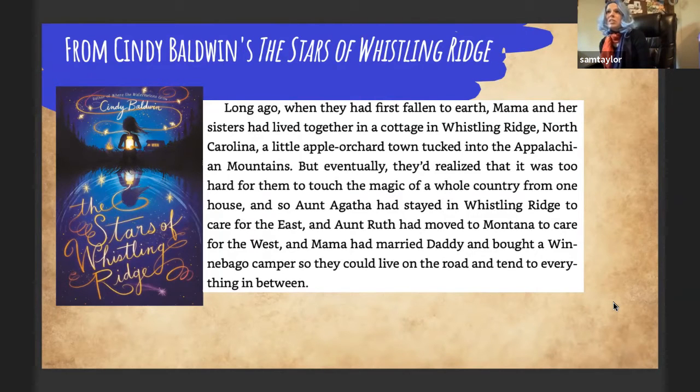What happens when the stars can't keep up with all the demands and all the changes of the environment around them? And what would it be like growing up as the daughter of a fallen star and never having one single home, because your mother has to constantly be on the go, traveling around the country, taking care of everybody else's home? And that's the struggle that Ivy faces in her story. She wants a forever home, but her mother's responsibility is to basically everyone else's home.